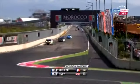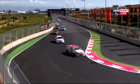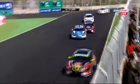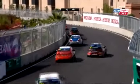The line he wanted was slightly ruined by Benani being in the way, and Benani again... All right, you know, he's at home and he's going to go as fast as he can, but he's got no right to be in the middle of a championship battle that he's not part of. He is going to end up ruining people's races. Yeah, I'd be pretty choked if I was Rob, because...